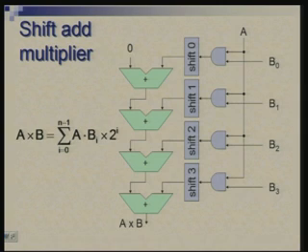Okay. Now, this requires n adders. If you have an n by n multiplication to be carried out, this will require n adders, each adding one partial product. We can simplify the circuit by using the same adder several times. Okay. So, we can capture this in the form of